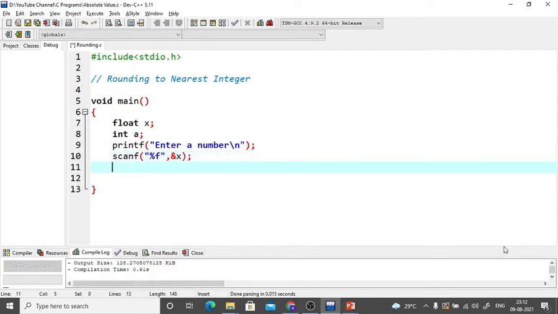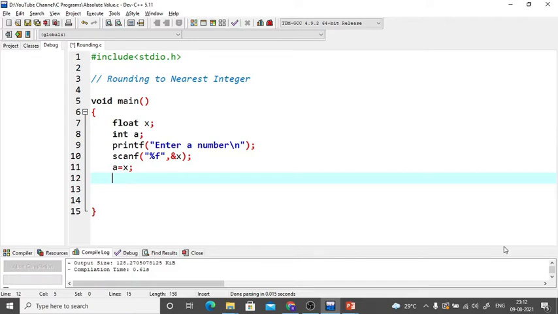Now see what we do. The first thing is a equal to x. Here I can actually perform typecasting as well, but even if I don't, it will be done automatically. Let us see if it happens without that; if it generates an error, then we can do typecasting explicitly. Currently, assume that my x is 5.7. You know what my a would be? It will be simply 5. As I already said, it does not perform the actual rounding. If it would have been 5.2, still my a would have been 5. In short, it does the truncation.